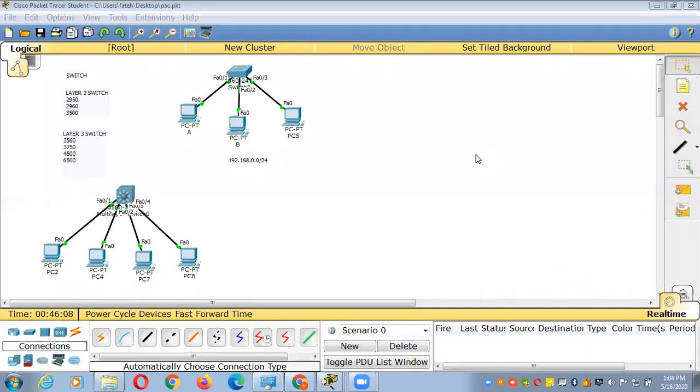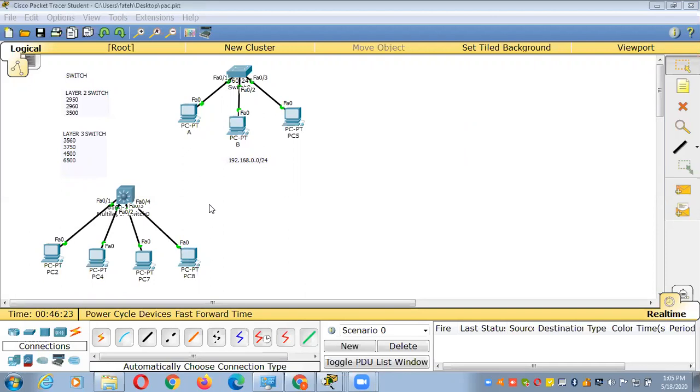Okay. Now I'm going to explain layer 3 switch to you. So what will a layer 3 switch do here? A layer 3 switch also does routing.